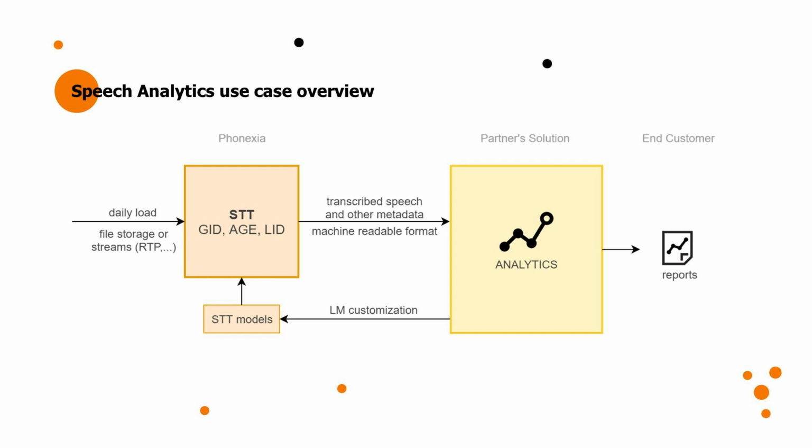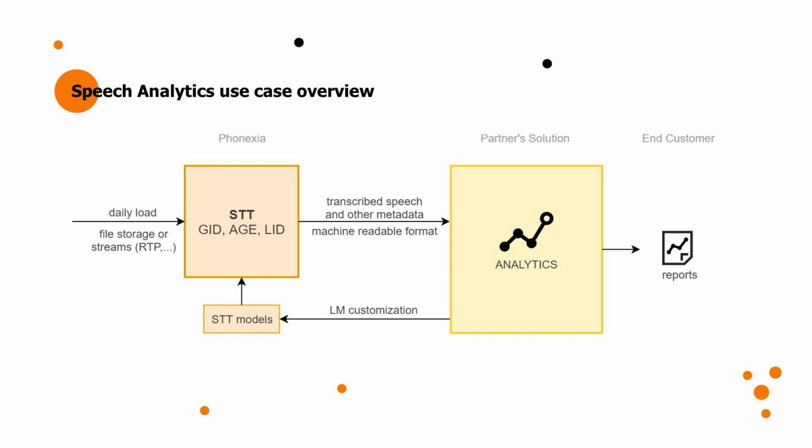Typical implementation from data flow perspective in speech analytics. Here is an example of one of the possible speech-to-text transcription data flows. The daily load of data, which can be either recordings from file storage or real-time audio streams, goes to Phonexia Speech Engine, which detects the language spoken in the audio and transcribes the audio to text. Plus, additional information like the gender or age of the person speaking can be extracted. The transcribed text and all additional metadata then go in a machine-readable format to a partner solution, where the input data is analyzed and results are